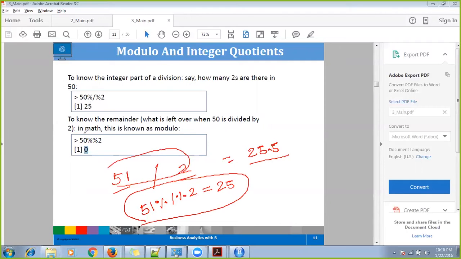And if you want to know the remainder when you divide 51 by 2, you write 51 %% 2, not a single percent sign, and it will give you 1.